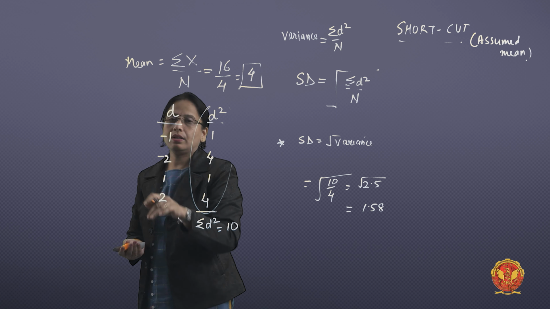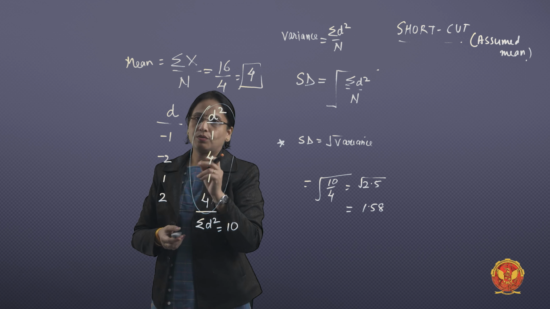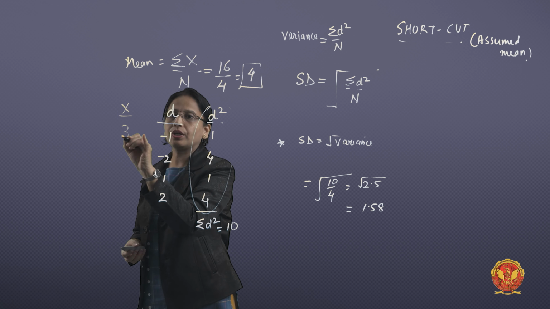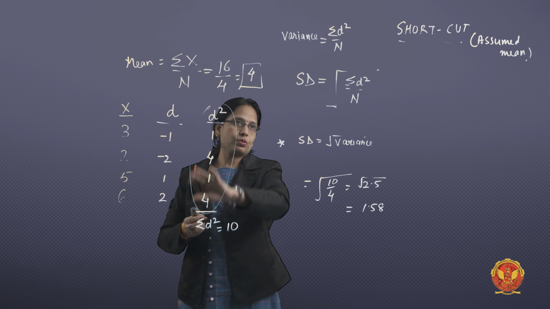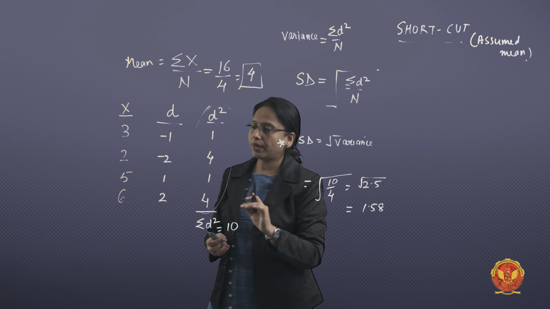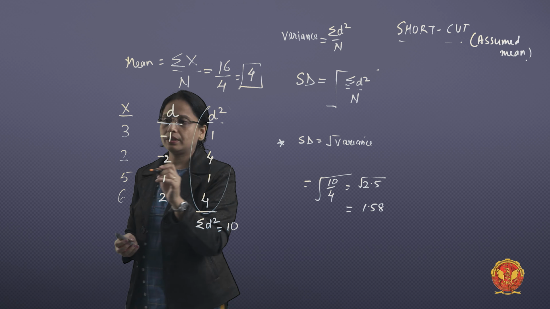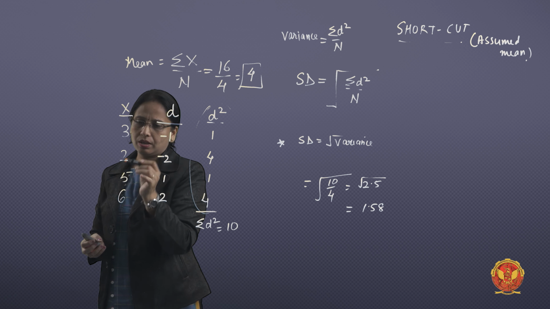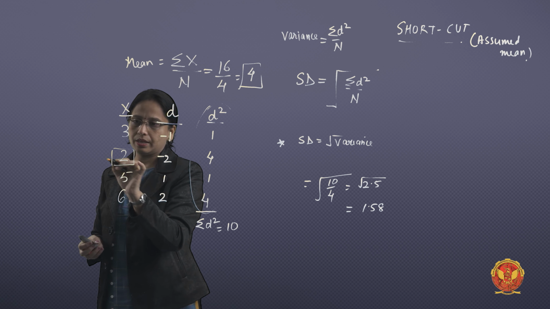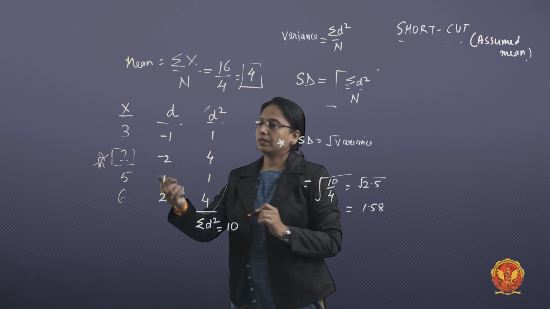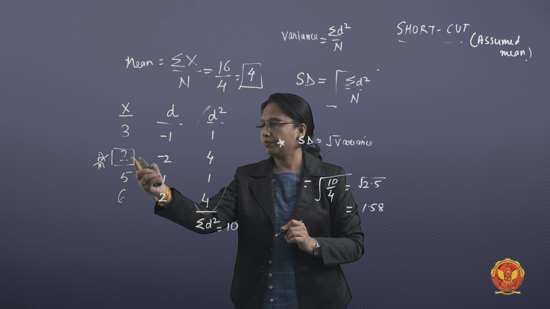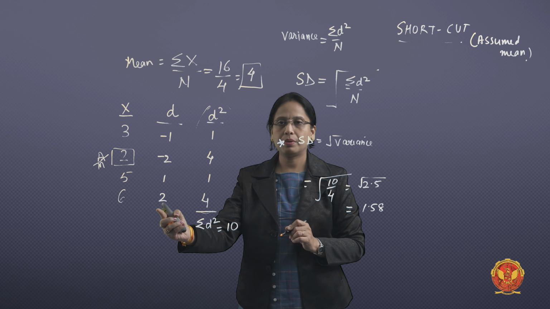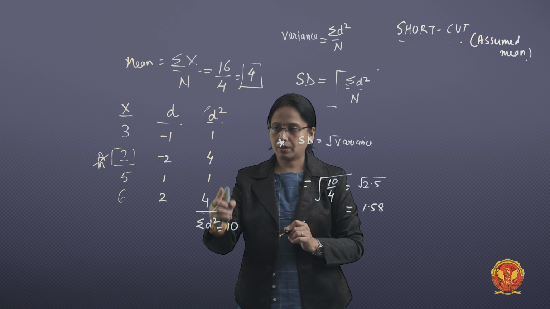Let us have the same numerical. We will perform the same exercise for the shortcut method. What were the x values? It was 3, 2, 5, 6. This was the process for the direct method. Now I want to use the shortcut method. So let's see, somewhere central, I take this as an assumed mean. Because I have taken this as the assumed mean, we'll find the difference between 2 and 3, 2 and 5, 2 and 6. Again, same difference. We'll use this d square, like the same process.